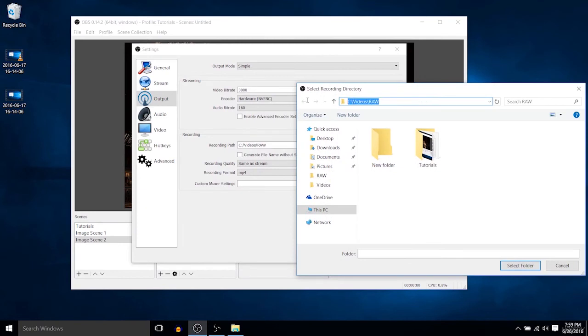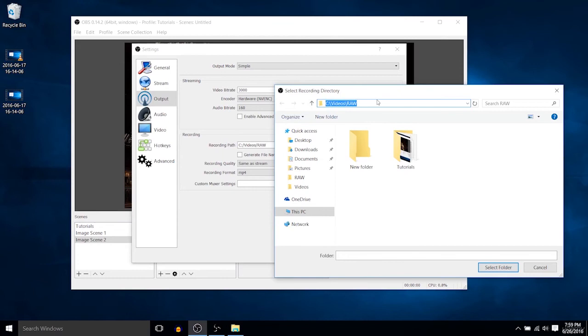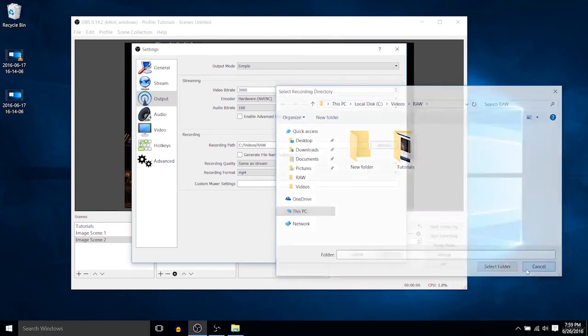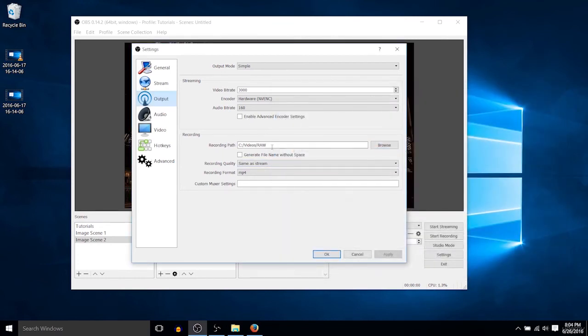Just note that what we're talking about here is the path of the directory, not the file name itself. Now you might be wondering why you can only set the recording path here. It is a little bit weird, but when you set up the recording path, it's not customizing the file name. If you actually want to change how it outputs the file name, what you need to go do is go